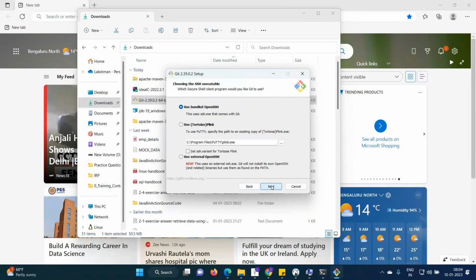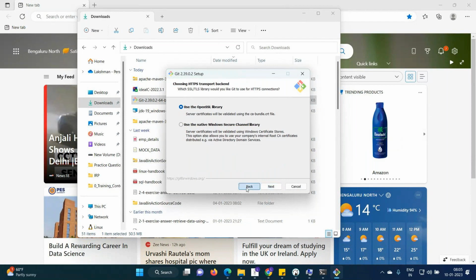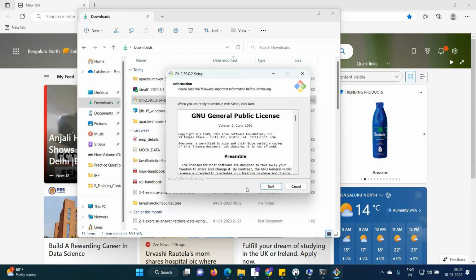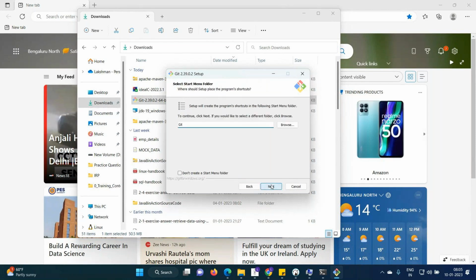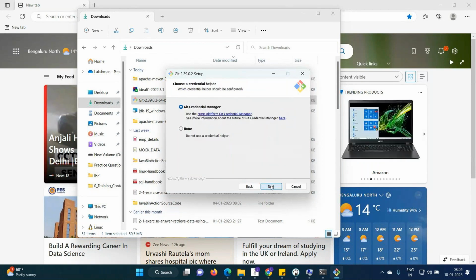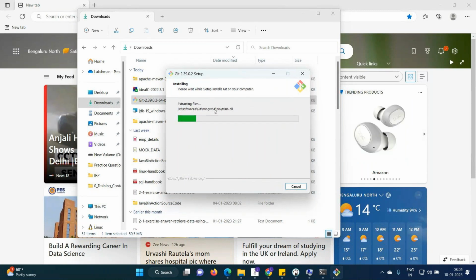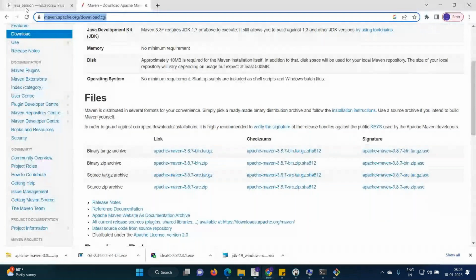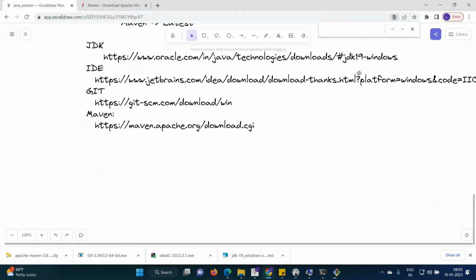Okay, this is installing PuTTY plink. It is going to use this. Better we install in the default directory here. Click next. Okay, cool. You would be doing next, next. Just the installation of Git, we are going to do that here. So these are the four things we required. First you install the JDK, then you install the IDE, then we are going to install